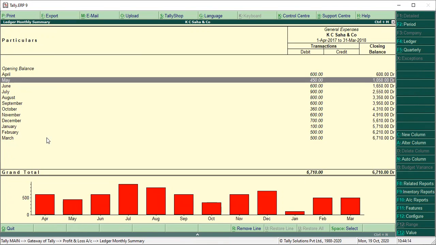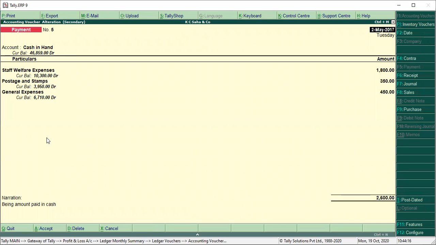You just have to go to the May month and you have to check everything. Now just check out the date, that is 2nd May 2017, and amount paid in cash they are saying in the narration, that means the entry is right. जस्ट चेक डाउन द नोट डेट वगैरह, बिकॉज मैं यहाँ पे भी पेज अप एंड डाउन करूंगी, सो उससे आपको क्लियर हो जाएगा कि कौन से मंथ का हम लोग चेक कर रहे हैं। ओके, द नेक्स्ट इज 2nd May का हम लोग का चेक करके हो गया, सो आई विल डू द ओवर हियर।